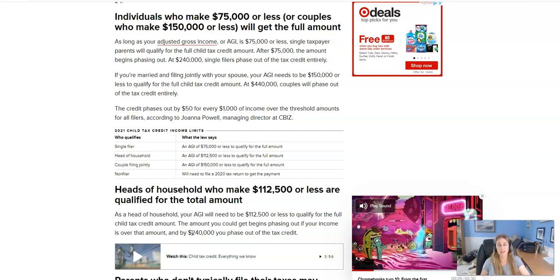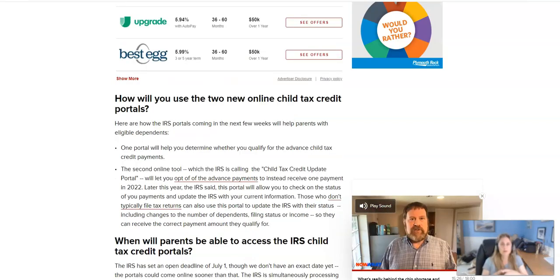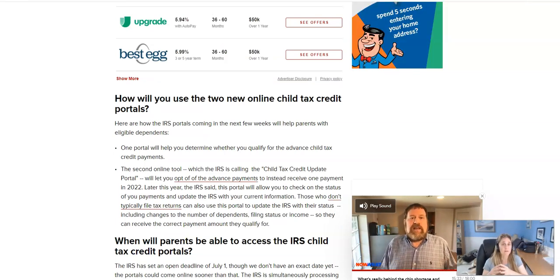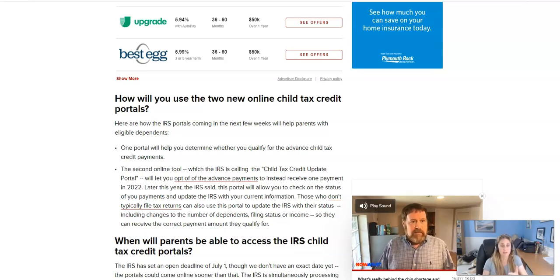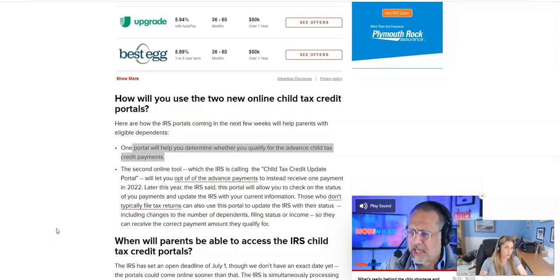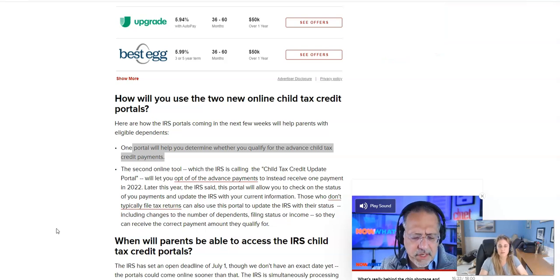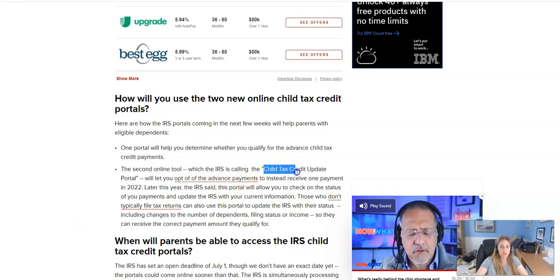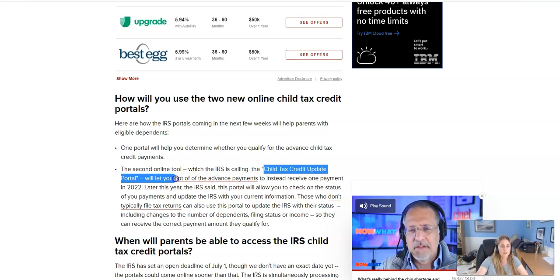And what I mean by phasing out means you won't receive any money. So the way that's going to work is starting supposedly July 1st, the IRS will have created two online portals for people to access. One is going to help you to determine whether you qualify for the advanced child tax credit payments. And then the second one, which the IRS is calling Child Tax Credit Update Portal, will let you opt out